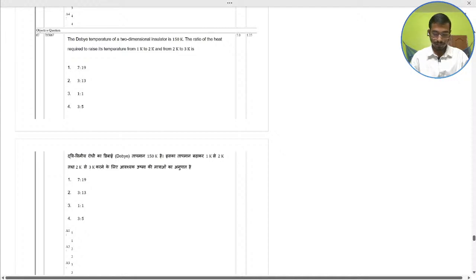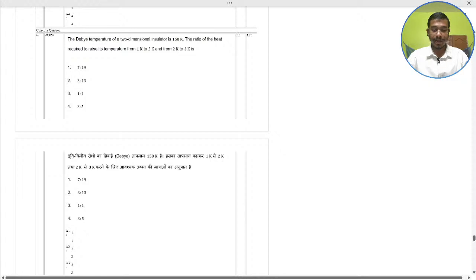This is coming from thermodynamics and statistical physics. Basically a thermodynamics question, but it is coming from condensed matter physics because of the Debye temperature and specific heat. So now we know